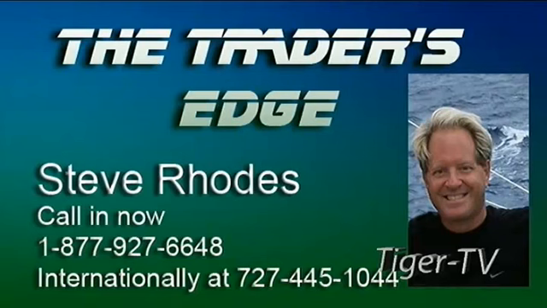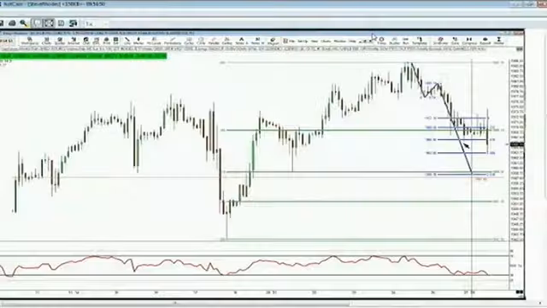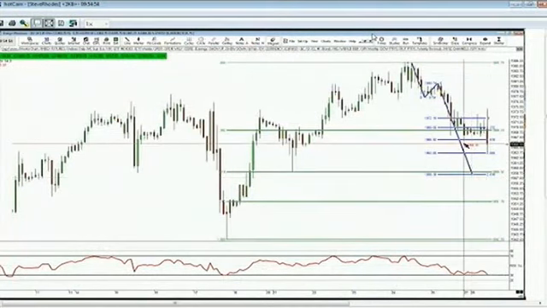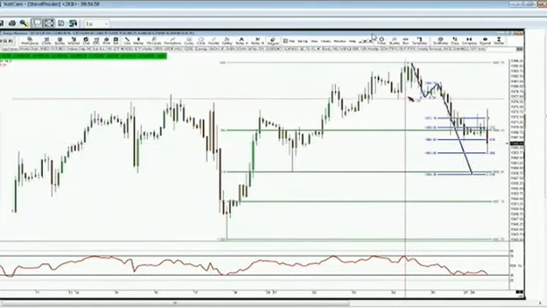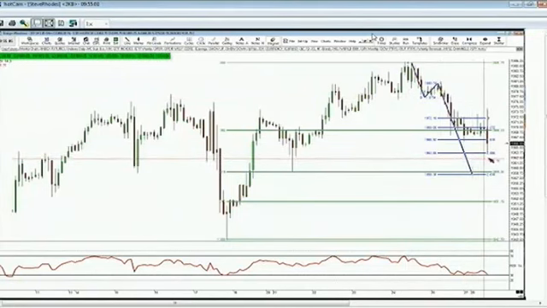As we take a look at it, we notice that price had stopped at the 1 to 1.618 A to B equals CD to the downside. That was earlier this morning, and that took place, well, actually it was last night at about 8 p.m. We can see now price moving down to the 1 to 2 A to B equals CD to the downside, that price projection, 1963.50.